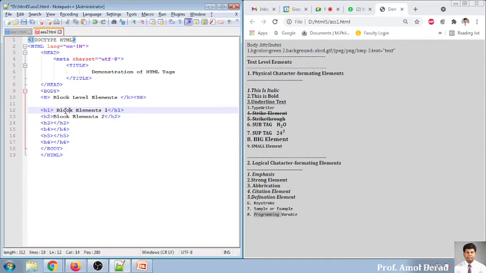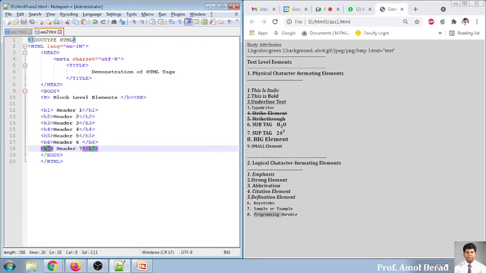I'm copying this name. Let it be, we'll call it a header. Header is somewhat different, but still we'll call it a header. So header, header, header, header, and header. Now I will go for another one, H7. Let us see what is happening. So header 7, and we'll see whether H7 is there or not. Up to 6 is there, so there should be a 7th, right? See, the color is changing over here in the IDE. These tags are in blue color, and this one is not in blue color.